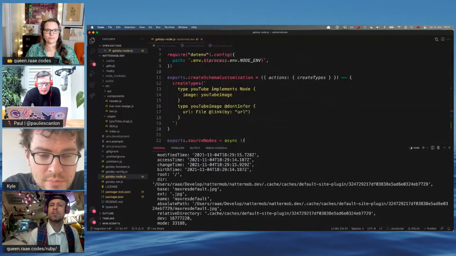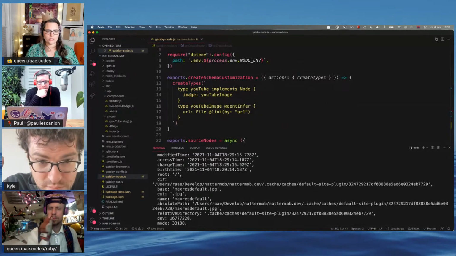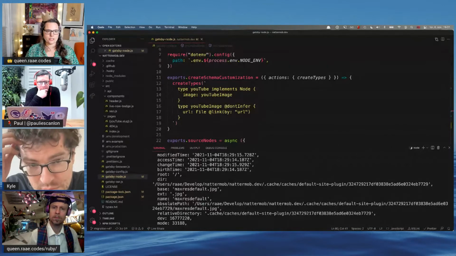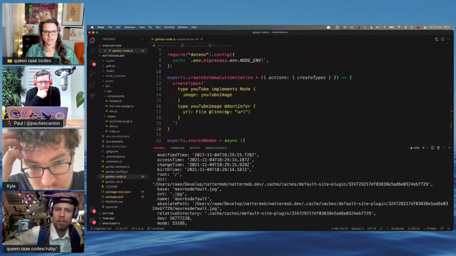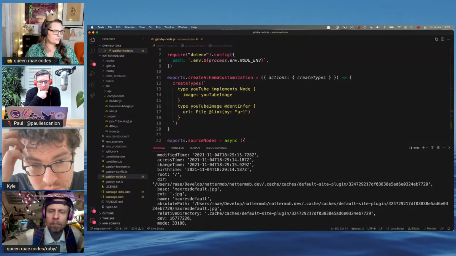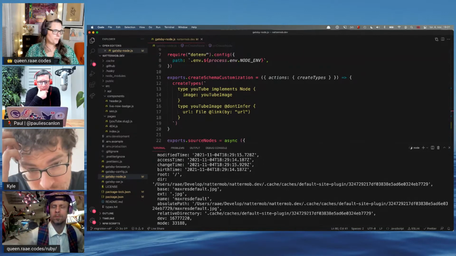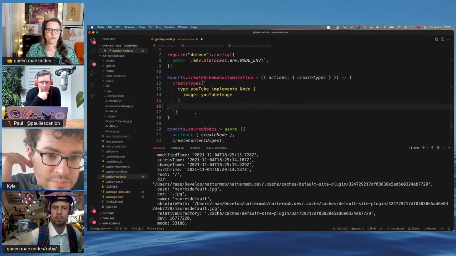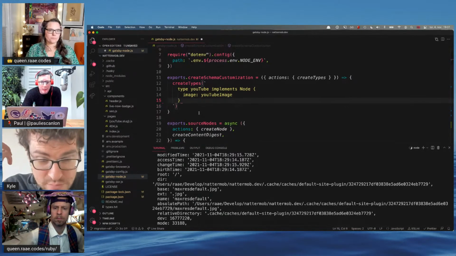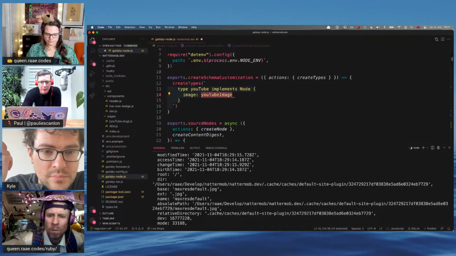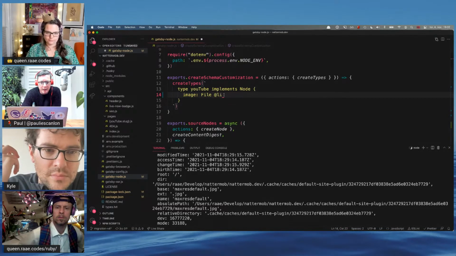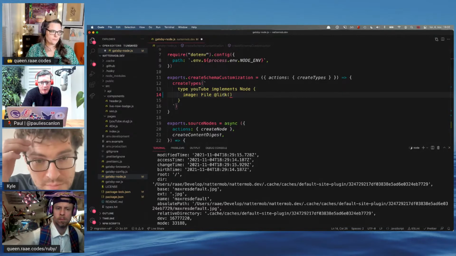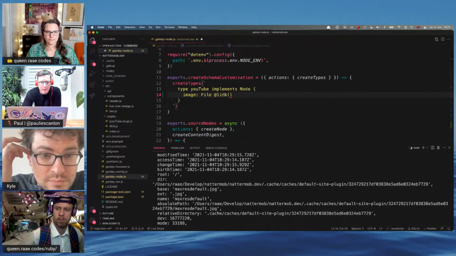Okay, so here we did something fun. We said, okay, we have a node and there should be an image on it, and that image should be of type YouTubeImage, and that type is a URL file link by and so on. Yeah, so we don't need to do it. You can get rid of the type YouTubeImage, so you can delete from 16 to 18. Okay. And then instead of that image being of type YouTubeImage, it's going to be of type File. Yeah. And then we can link it. So it'll be @link, and then open close parenthesis, and it'll be from: